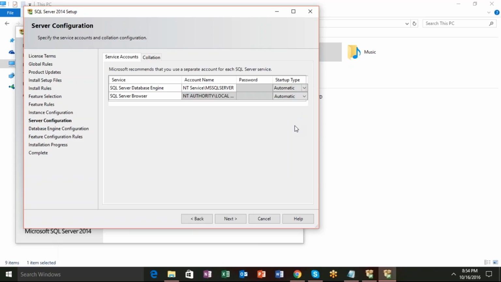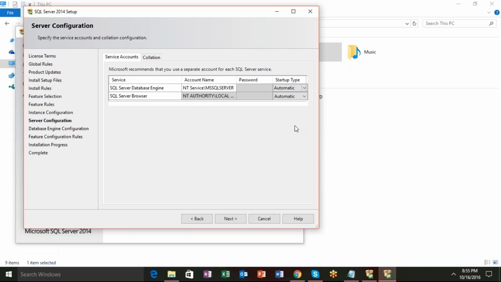So the SQL Server database engine will start automatically when you switch on the system, so you don't have to start the service every time. But if you do it manually, that is also not bad. Your system would be a little lighter, and as and when required, you can start SQL Server and your services will be started. If you are working in your own system as a developer, you can choose manual. But if you are keeping this system as a server, so that around the clock it gives services, then